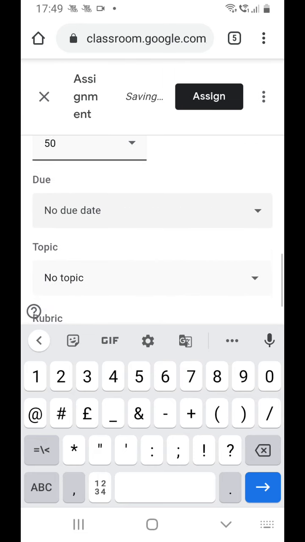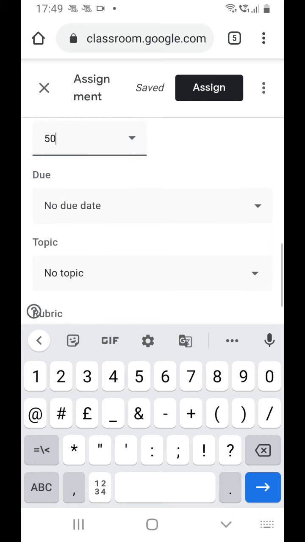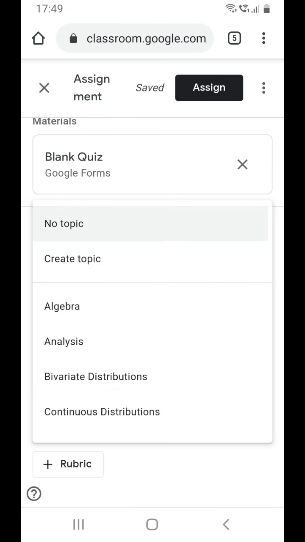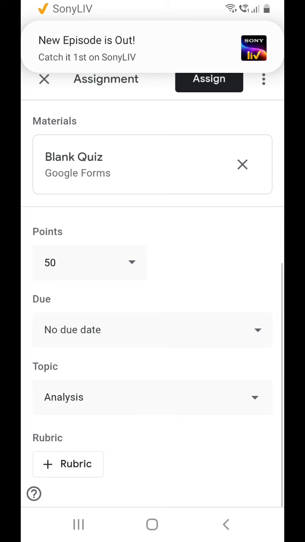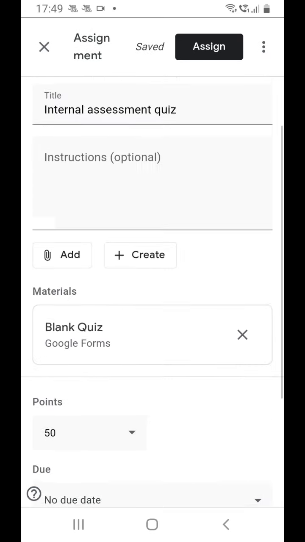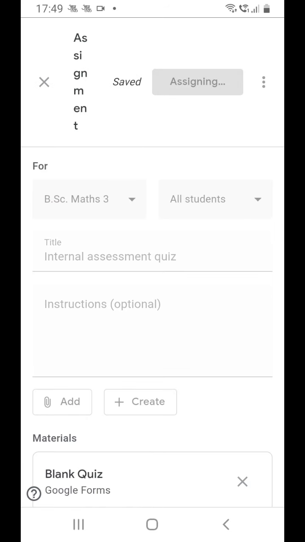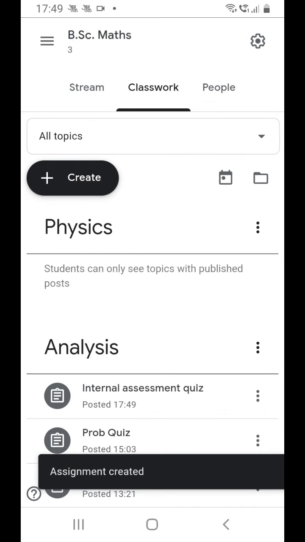I can provide a due date or topic. Suppose this assignment falls in the already created topic analysis, so I choose analysis as an illustration. Then we can click on this assign button. So this assignment is assigned.